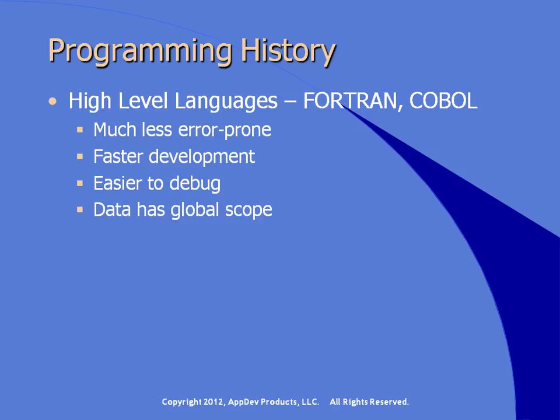One of the problems that caused the widespread debugging issues was that data in these third-generation languages all had global scope. What that means is that any variable declared at any point in the program could be used in any other part of the program. And it was very easy, for example, if you were doing a loop counter, to use a variable, say, like I, like we always do in programming, and march it into a loop and forget that some other program was using that same name for some other purpose at some other point in the program. So these collisions with data that had global scope